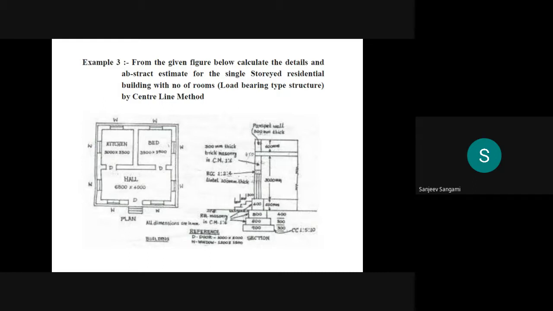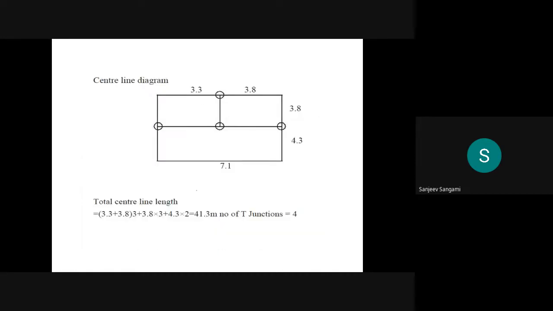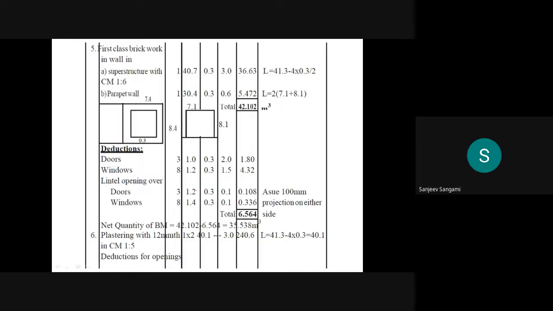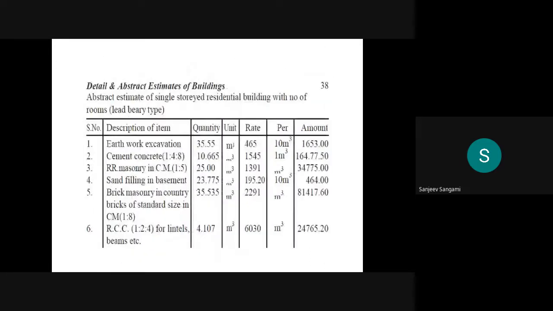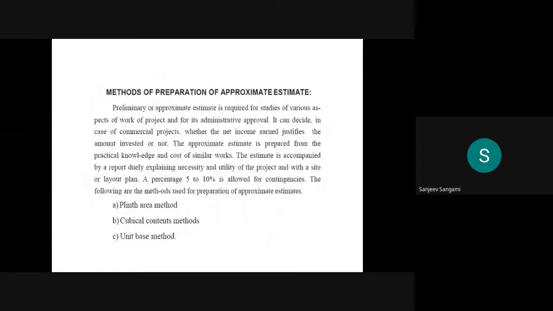Of course, this is one more problem, of a 3 bedroom. Sorry, one hall is there, one kitchen is there, one bedroom is there. So I'll supply this along with the solutions. Just try to work, very simple problem. So already calculated using center line. Just work out this. Let's see what will happen. We'll supply this. Then we'll move on.